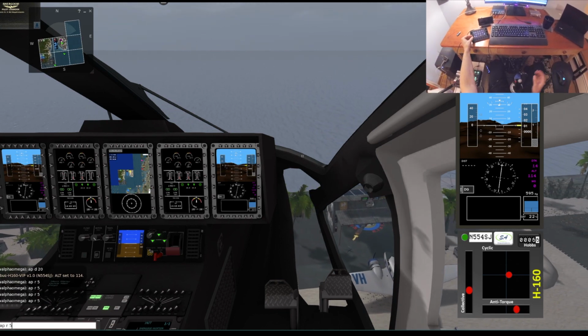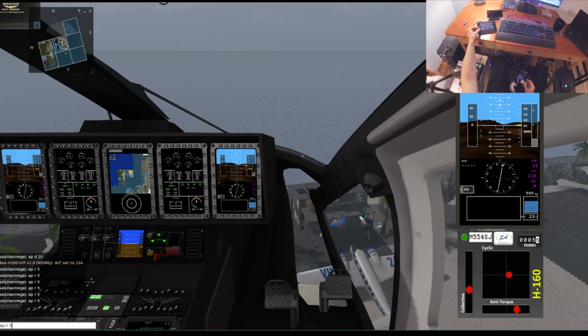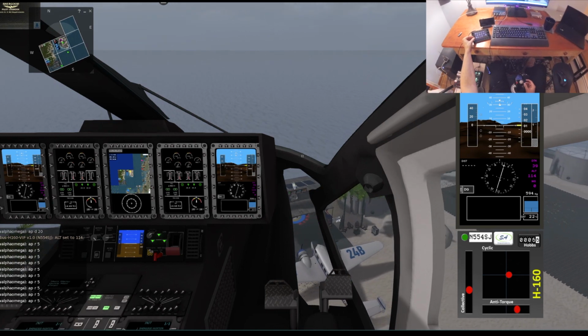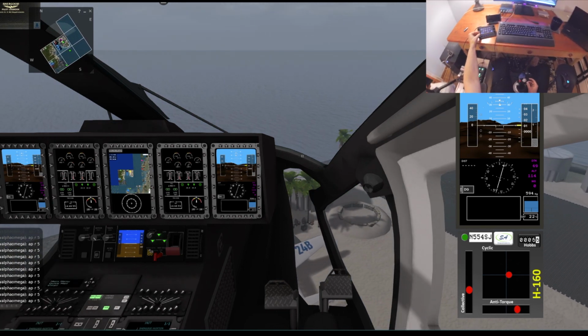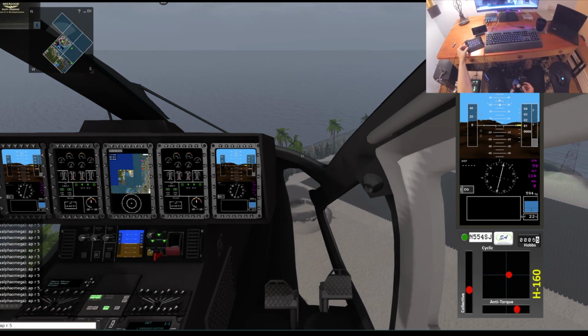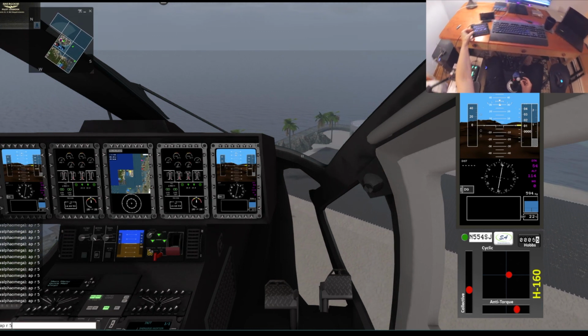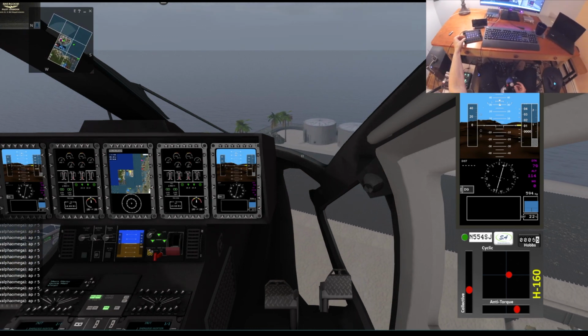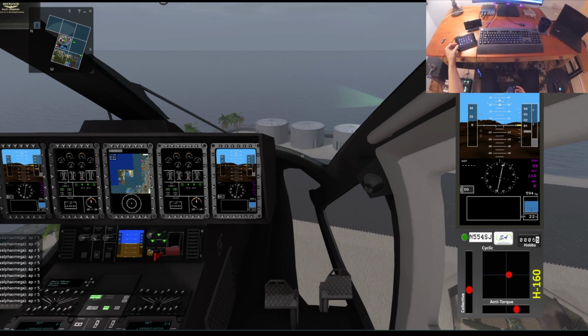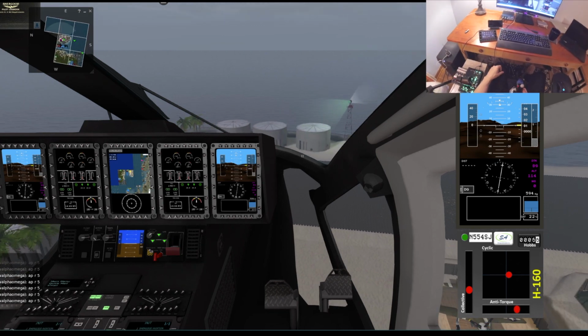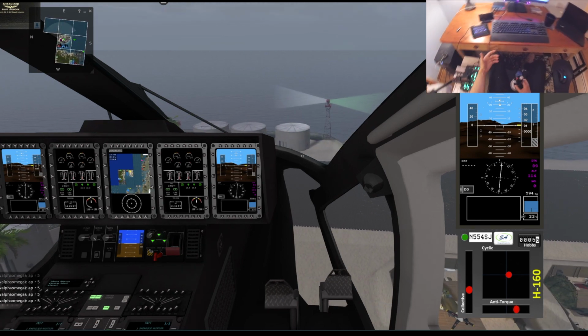And what that does when you're just in hover mode is to slowly rotate the helicopter, which is pretty nice. I have it set to just do a 5-degree nudge, which seems a little excessive, but anyway, if I put it out of